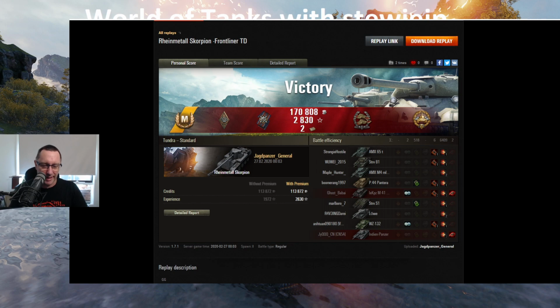Tier 8 Premium Tank Extravaganza, which is going to feature another mate of mine. But let's have a look at Jadgpanzer General's result first. That was an Ace Tanker Mastery Badge. Not only an Ace Tanker Mastery Badge, but also a bruiser for doing damage to internal modules or crew members. Fire for effect, he got Bonds, Confederate, High Caliber,